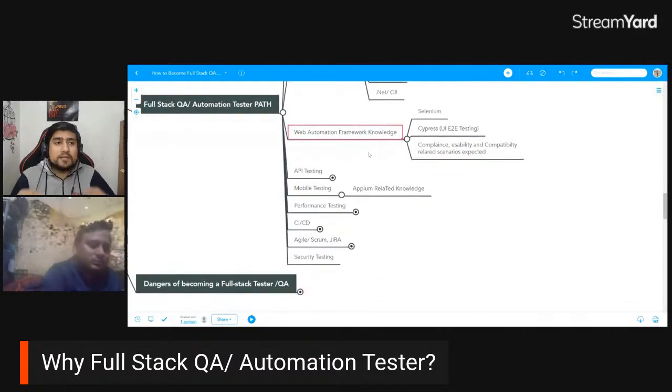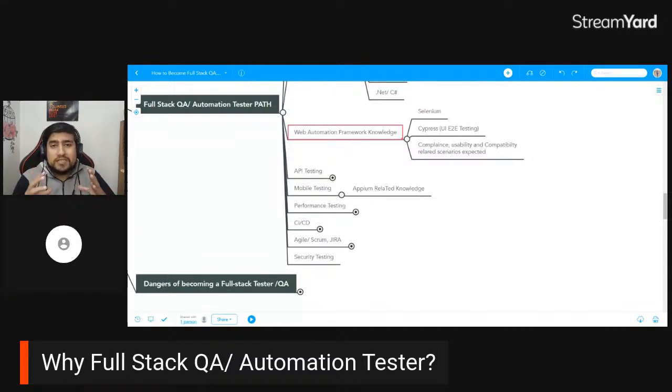So the point here is that you are becoming a full stack. It basically means whenever it is required. For example, a company sometimes doesn't have any budget for performance testing, and they want an initial, high level check of security testing. So you should be aware of those things, and you can contribute to them. That's basically the point of view for a full stack QA right now.